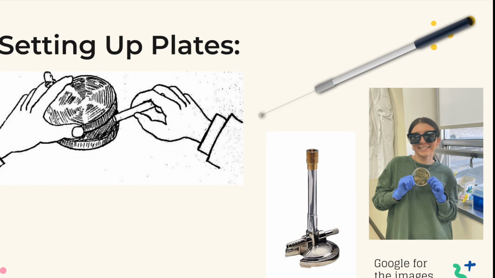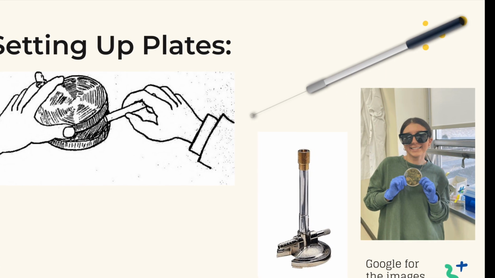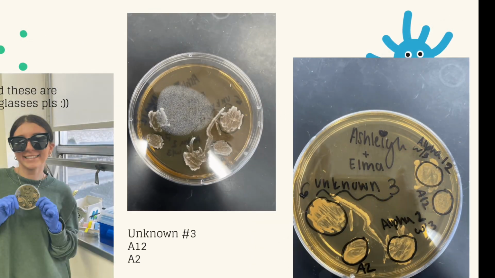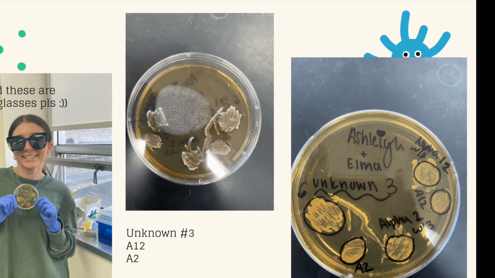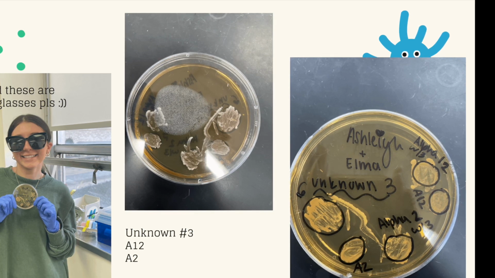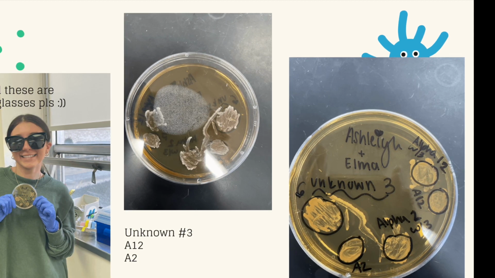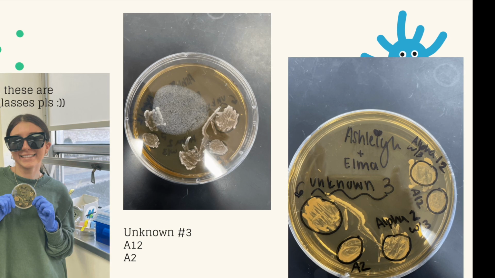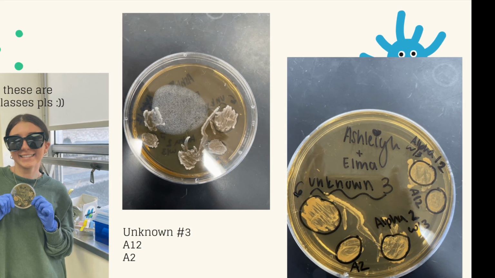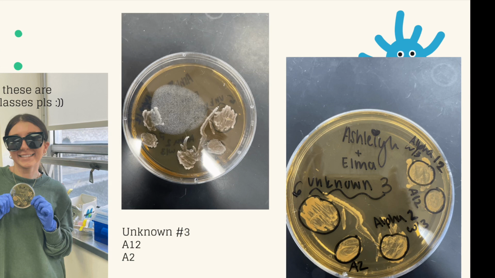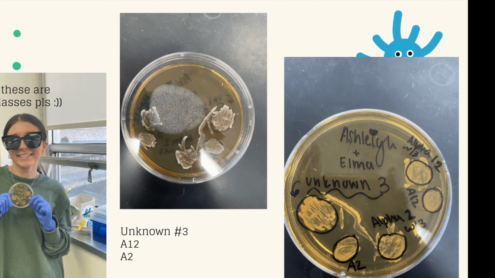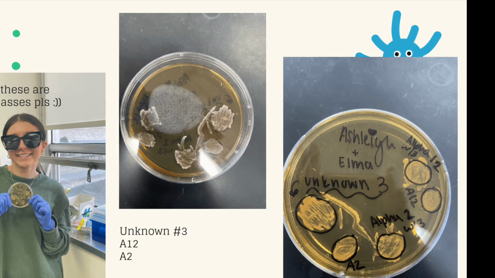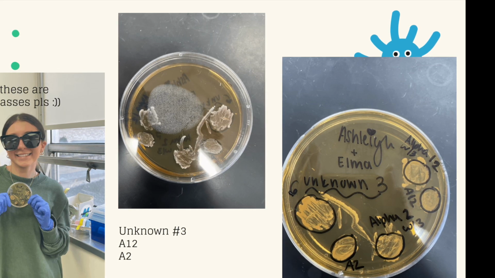To collect your bacteria sample, you should have unknowns and your alphas from your instructor. Collecting the unknown first is what we ended up doing, the unknown number 3. We hovered that sterile loop over the Bunsen burner, collected the unknown 3 sample, smeared and streaked it onto our new agar plate in the indicated area, and then reheated the loop over the Bunsen burner